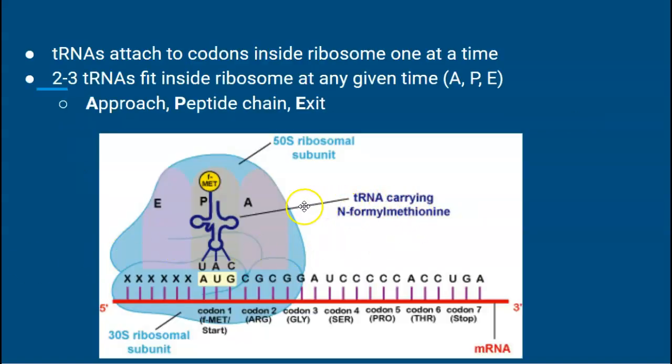So a tRNA is going to come into the ribosome, and up here is the amino acid. Here's the methionine. So this tRNA brings this, and it has a complement that matches up, and so it says, oh, yep, I'm the met tRNA. Yep, this matches up perfectly. So here's the methionine you wanted. Okay, and so it's first going to come in through this A zone, which is the approach, and then the amino acid is going to move a little bit, and then it's going to move to the P zone, and then finally it's going to leave through the E zone, which will make more sense in just a second,